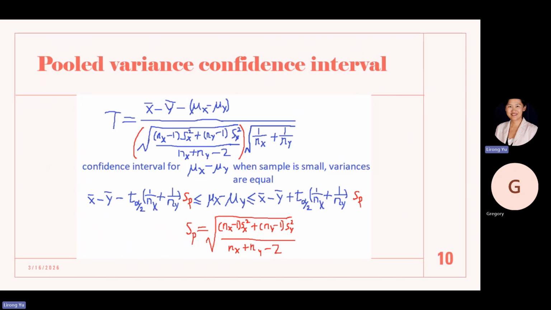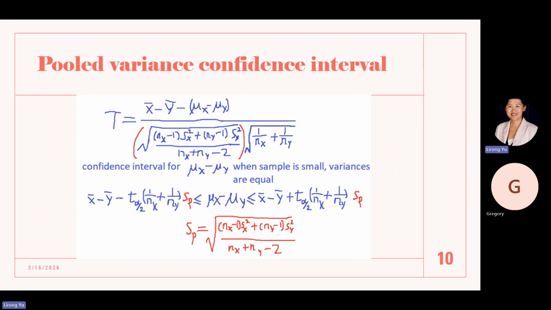And then from here, we see that t is between negative t alpha over 2 and positive t alpha over 2. So then the t has a natural boundary. And then multiplying both sides of the equation by the denominator, we have constructed a lower bound and upper bound for mu